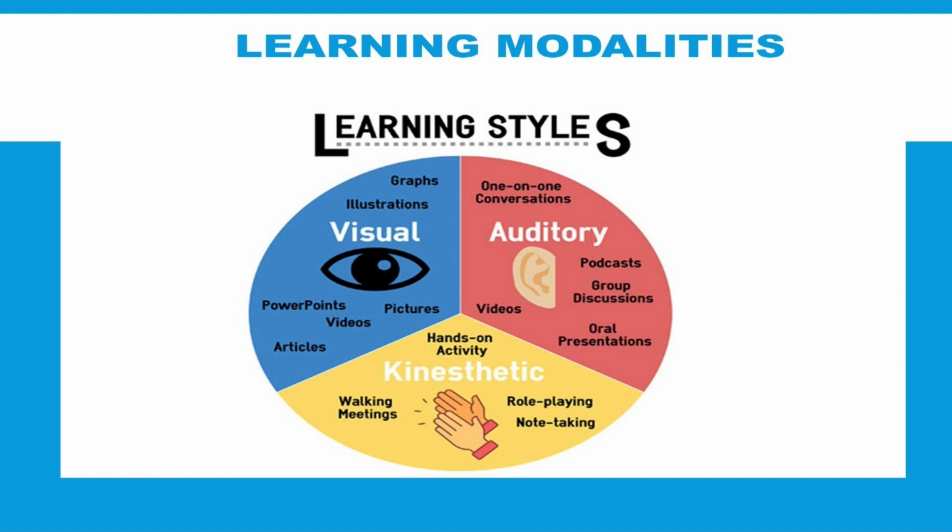Auditory people, they learn by one-on-one conversation. They can enjoy podcasts. Visual people, they enjoy more of your YouTube. They can learn from group discussion, oral presentation, video, but the key thing about them is that they retrieve information, or they draw information into their system, into their brain, through auditory senses, which means they use